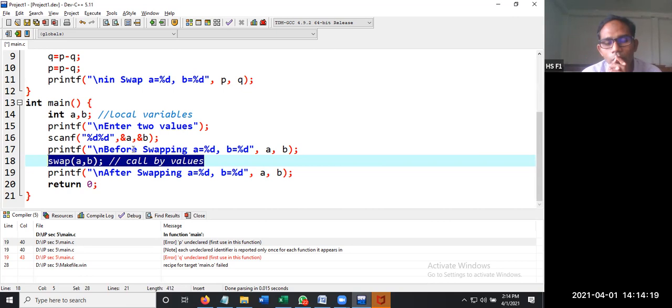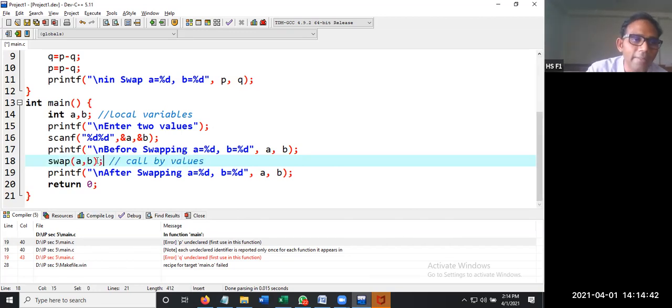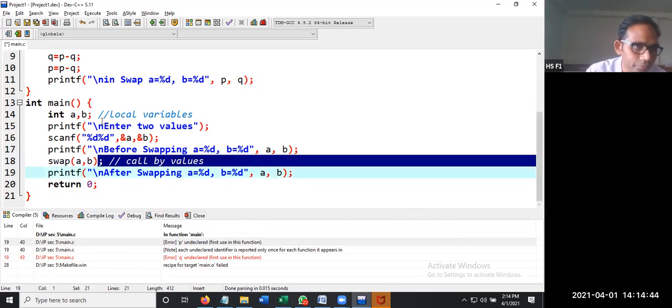We are going to deal with call by reference when the concept of pointers comes into the picture. As of now, we are not going to pass the values. We are going to pass the addresses instead. If you pass the addresses, then the result will be different. As of now, we are going to stick to call by value only. Here, we are calling the function by values, not by addresses.